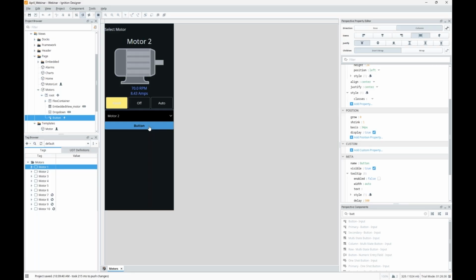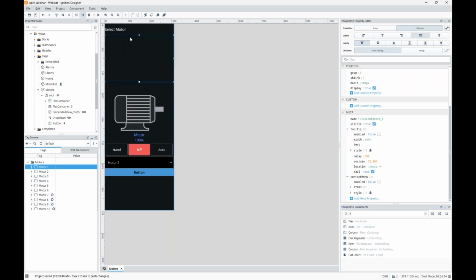So that's the first main point that I wanted to show off here, just a little bit of a best practice on how to develop your screens. These other ones that I wanted to show are a little more little ways that you can add some flavor to your perspective views. So what I want to do is add a header at the top of this. Go ahead and drag this to the top, maybe make this 50 pixels tall.